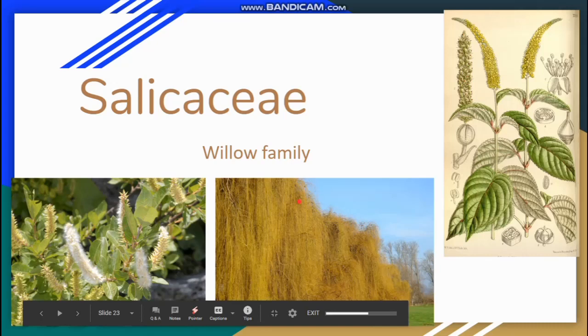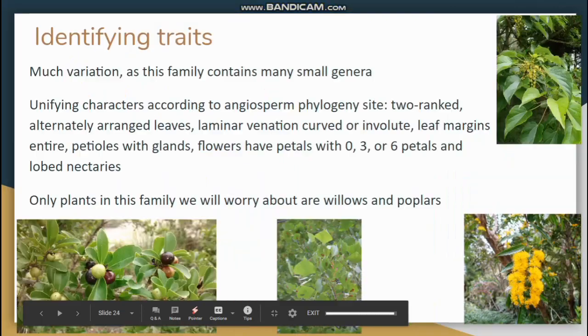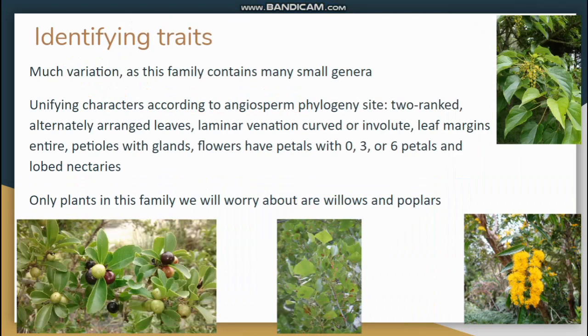So today we're going to be going over the willow family known as the Salicaceae. Now, the Salicaceae is historically a small family, but has recently been expanded to include a lot of assorted, mostly tree and shrub-like plants. And so they don't have the most consistent traits as far as telling what you're dealing with. They have a few dozen genera that each have maybe a few species, with the exception of willow that has over